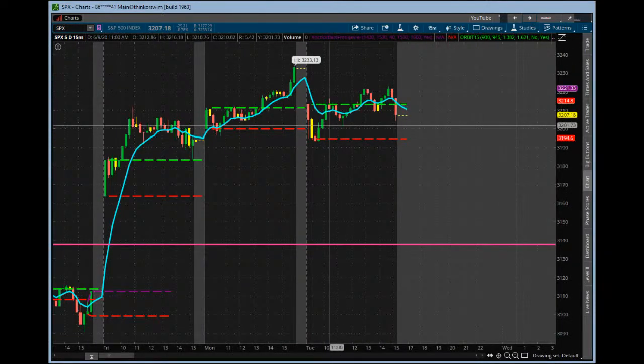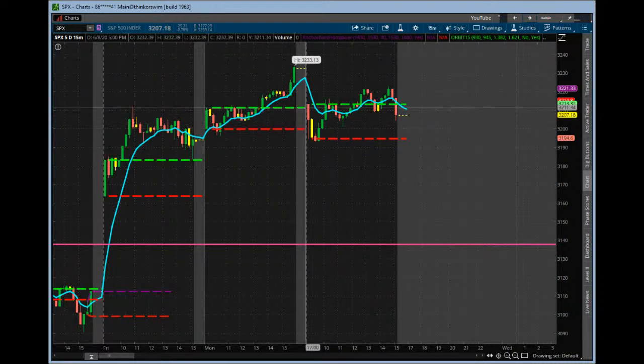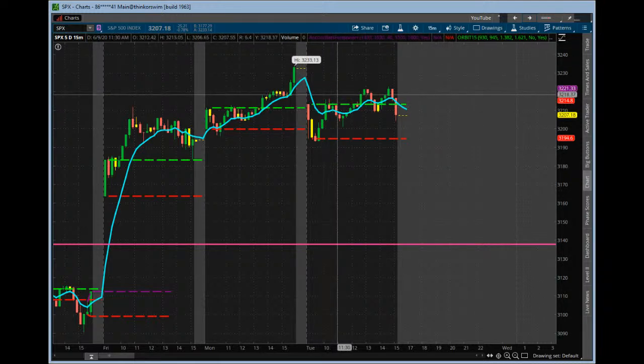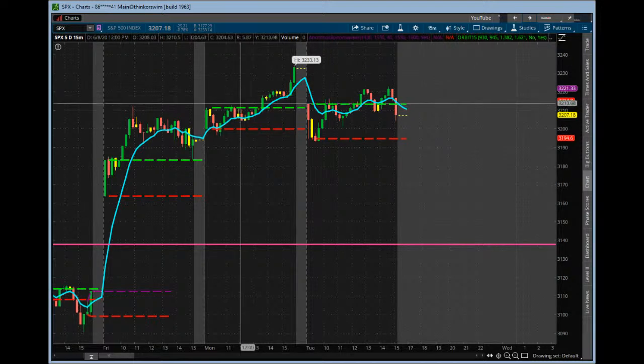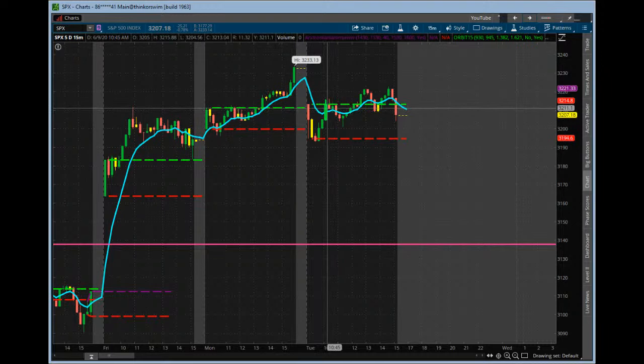We can see it was kind of an interesting move, and we gapped down, right? The SPX was down 25 points today. It did not get the same type of bullish behavior that the Qs did, that the Nasdaq did. Even though Apple is highly weighted on the SPX, and Amazon is highly weighted on the SPX, there was still a lot of other stuff that was generally kind of weak, right?